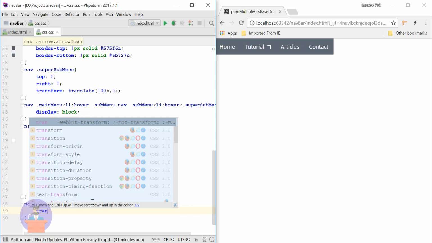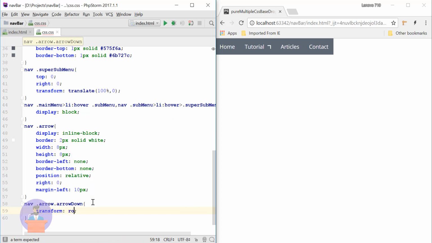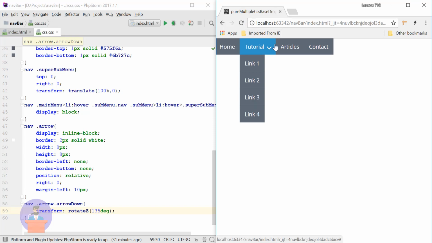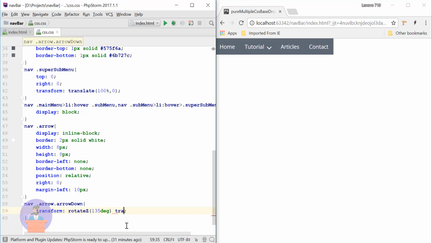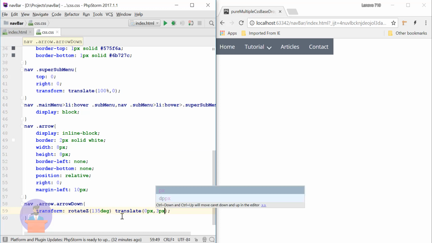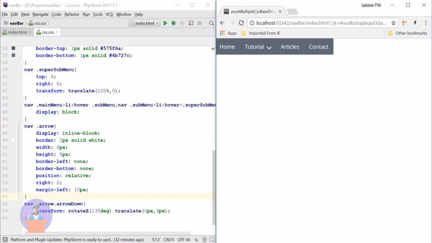So let's use transform and rotate in Z direction by 135 degrees. So let's just check. Okay, so right now it's not properly center aligned. So here let's move this using translate. I will move this in Y direction by 3 pixels. Okay, so I think this is now vertically center aligned. Okay, we have added our down arrow.